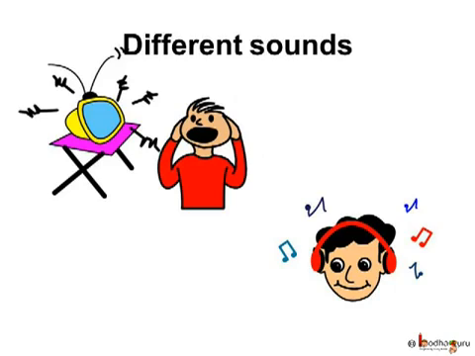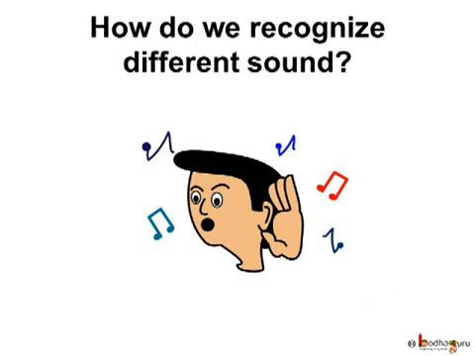So we see the sound of a baby is different from that of an adult. Even if two sounds are equally loud, they differ in some way. We can recognize many familiar sounds without seeing the objects producing them. For example, just by listening, you can figure out whether it is a male voice or a female voice or it's your brother's voice in specific. Some sounds are loud, some are quiet.